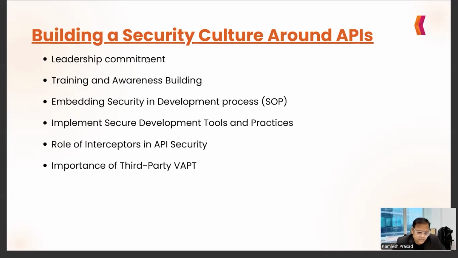Another thing is to use different tools, like threat modeling, a nice tool to identify all the possible threats that can be exposed in an application. Once you do the threat modeling, you can make sure that those threats are addressed in your application development. And then secure code practices.